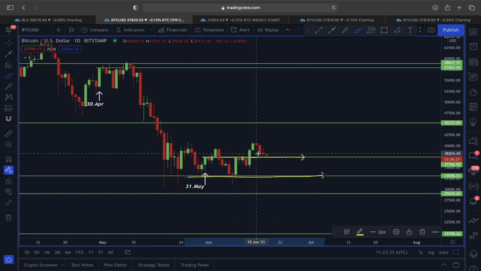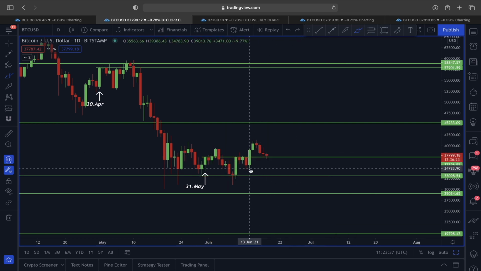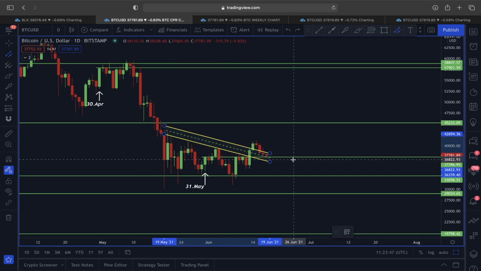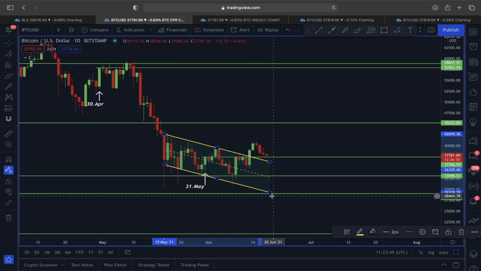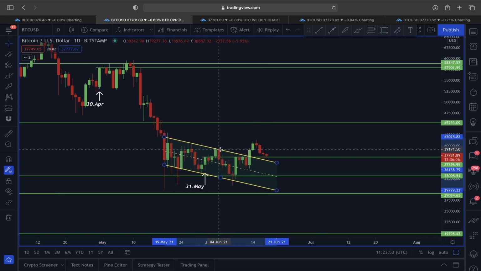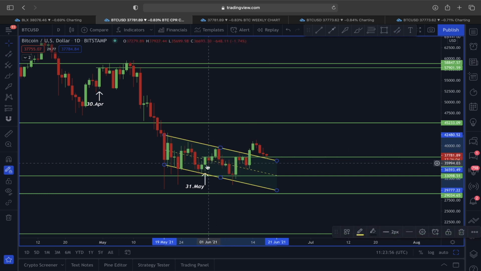So that's why, guys, the price of Bitcoin in a daily time frame must hold this monthly candle close of 31st of May. And not only is the monthly candle close level acting as a support right now. If you simply add this descending channel for Bitcoin, because if you look at the price structure here, guys, you can see very clearly that the support we are gaining here is not only the monthly candle close level of 31st